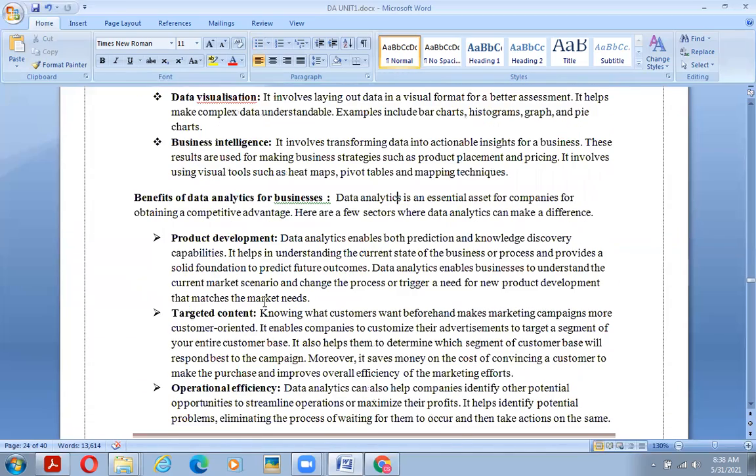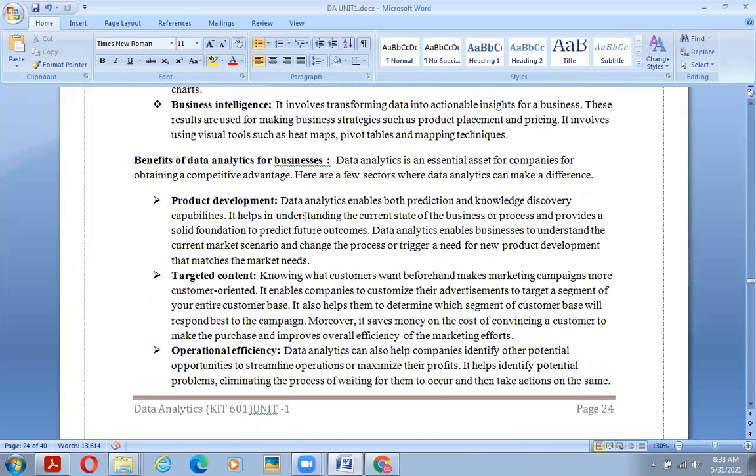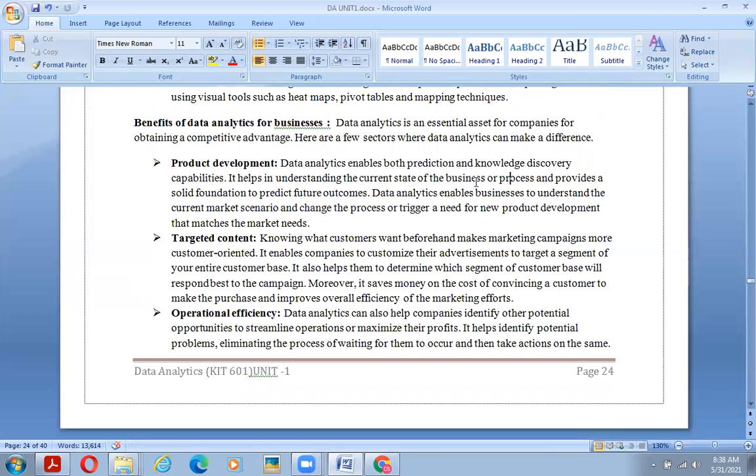Let's move on. What are the benefits of data analytics for users? Data analytics is an essential asset for companies for obtaining a competitive advantage. Here are a few sectors where data analytics can make a difference. First is